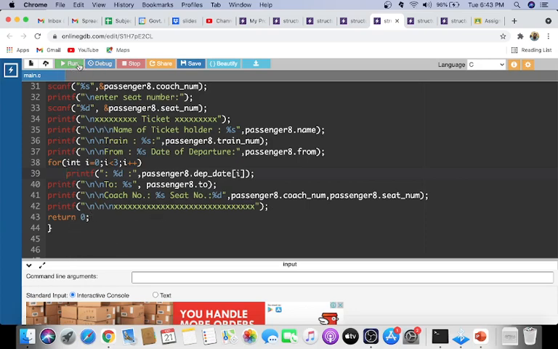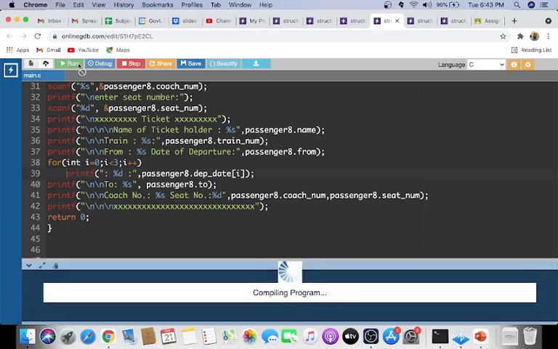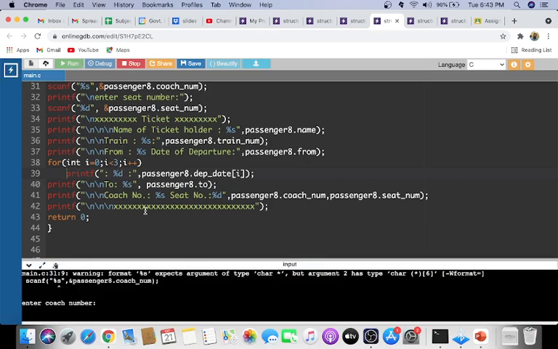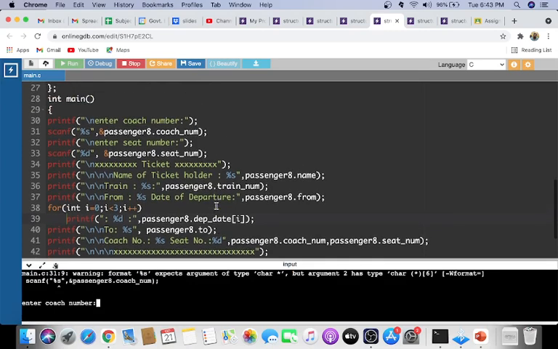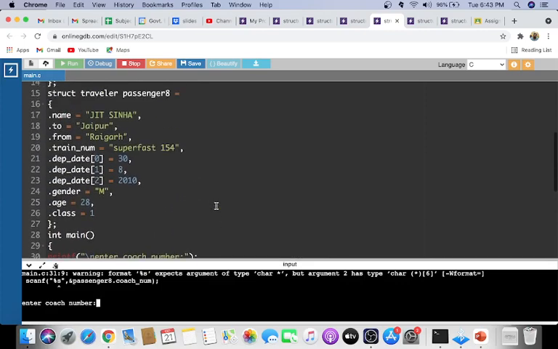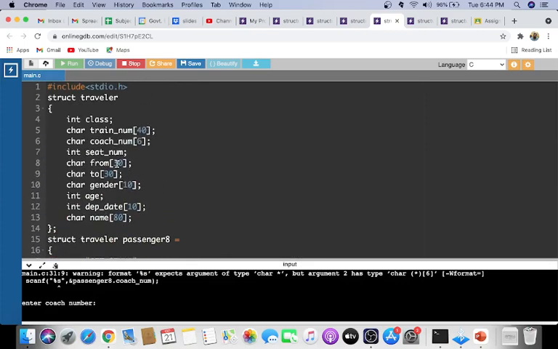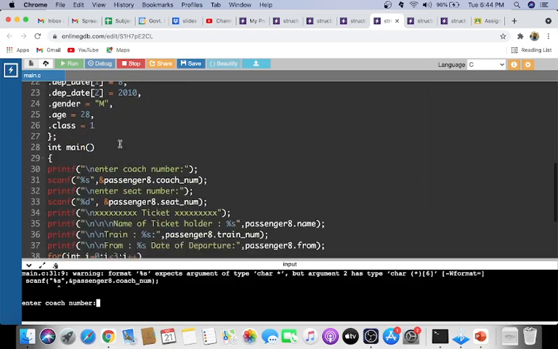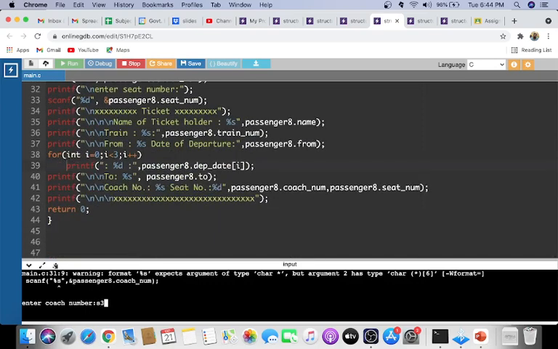So if you run this program, you will be asked to enter the coach number. Okay, there is some problem with pass, but it will run. So you can enter the coach number. Actually, what type is coach number? Let us see. Coach number is a character array, so you can enter S3.